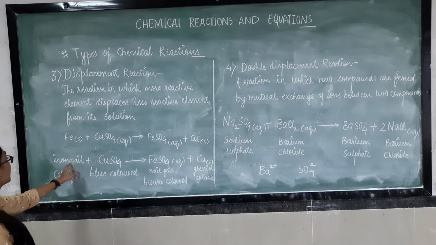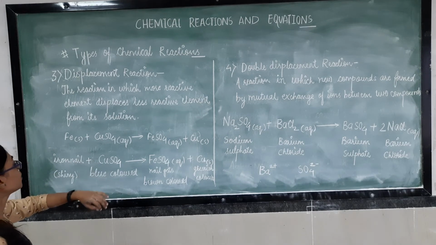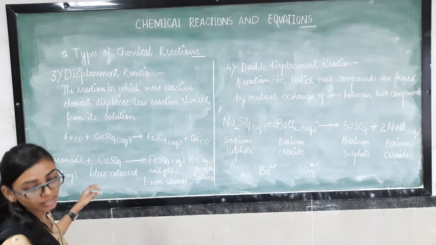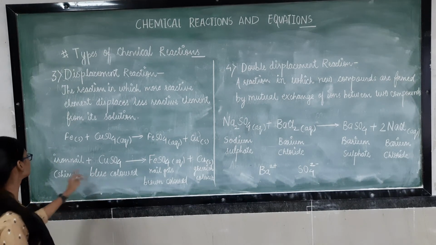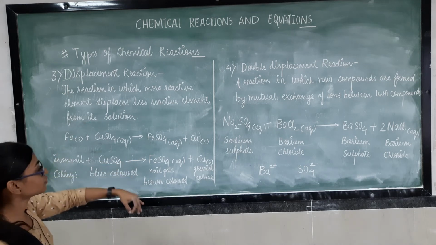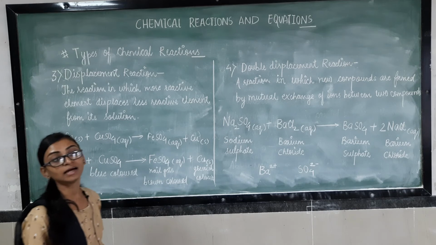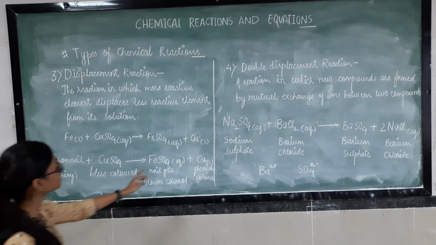So that iron nail, when it is dipped in the solution of copper sulfate, is in what color? Copper sulfate is present in a blue colored solution. So when this shiny iron nail is dipped in this blue color solution, what happened? That iron nail gets a brown color, which means copper is deposited.